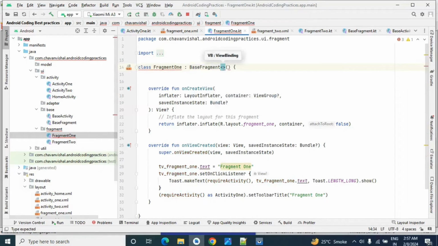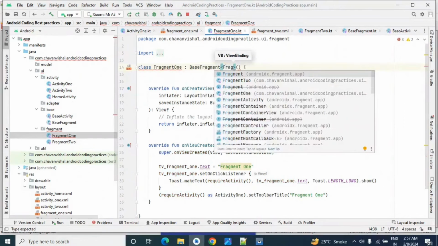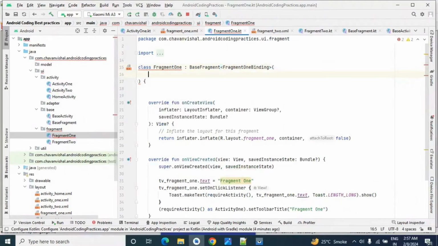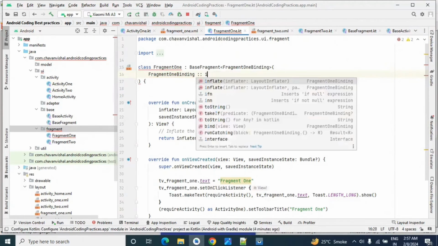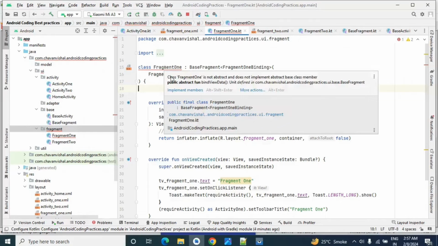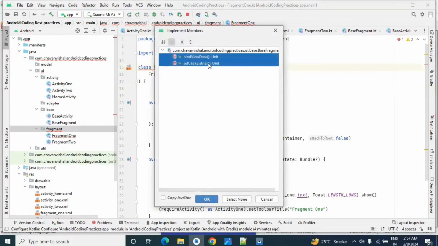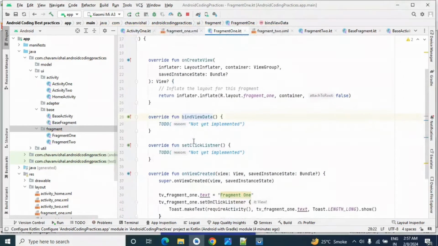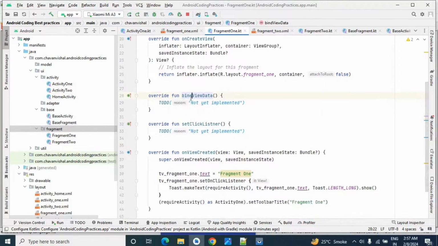So here I will pass fragment 1 binding, and in this constructor I will pass the reference of the inflate function, fragment 1 binding inflate. Now we need to implement some members because we have declared these two methods as abstract. So we have overridden these two methods.